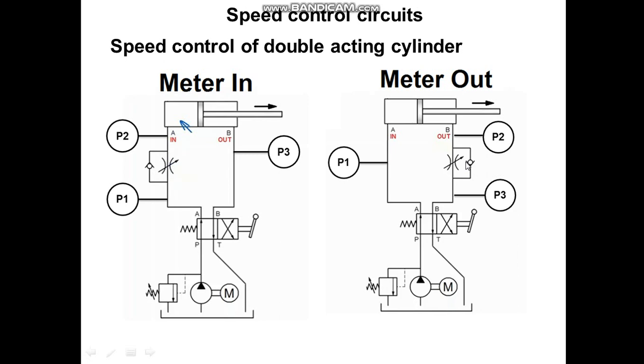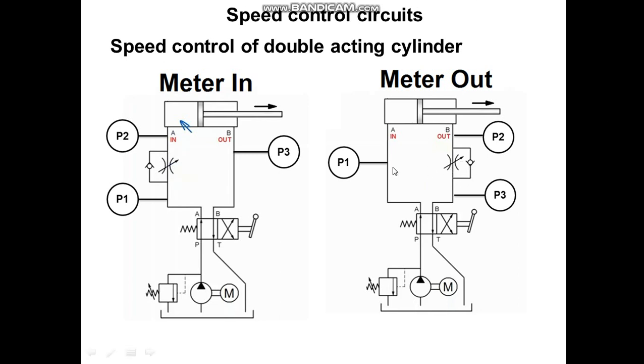So this orientation of check valve will not allow liquid which is coming out of cylinder to pass through it, but it will pass through only this flow control valve. However, when we are achieving the retraction stroke, it will pass through this flow control valve also and check valve also. So speed of retraction will not be hampered, because we are not monitoring liquid which is going inside the cylinder from rod end, because it will pass through both the valves.